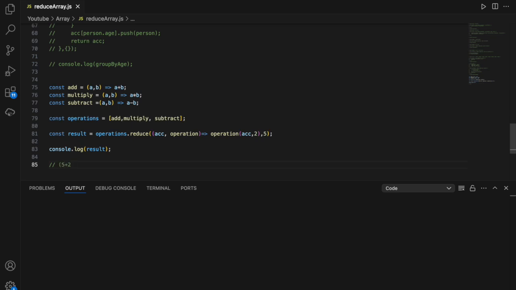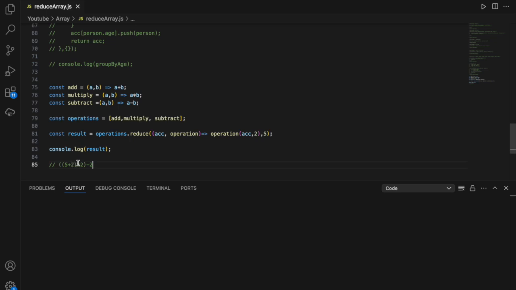Now next time the operation is multiply, so 7 into 2 is 14. Okay, 14 and